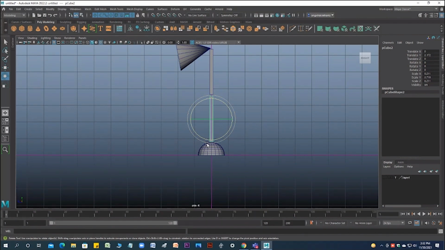Then in that case, you have to click the Insert button. This gizmo changes into this one, and to come back, press Insert again. Otherwise, you have to hold the D key on the keyboard. I'm holding the D, so this gizmo is changing. I'm releasing the D, then it comes back. So with Insert you can work freely.